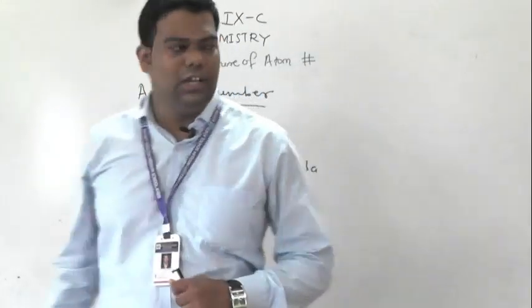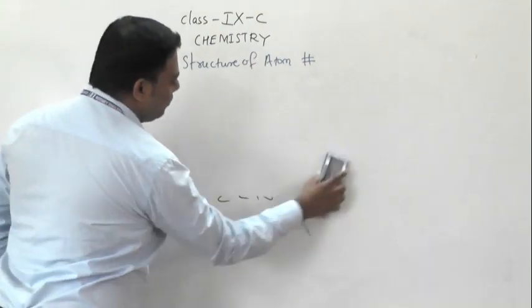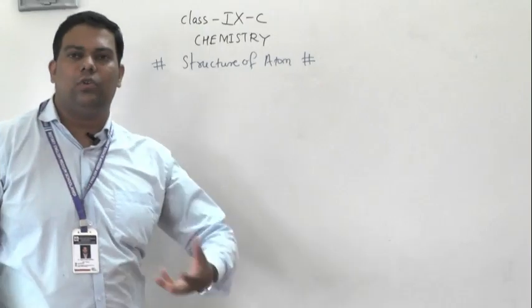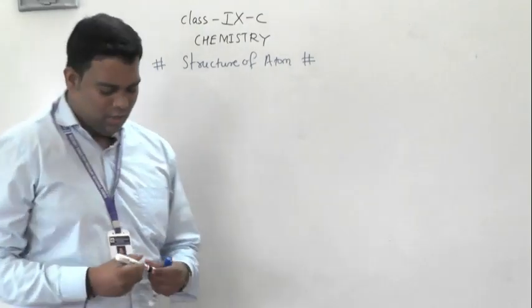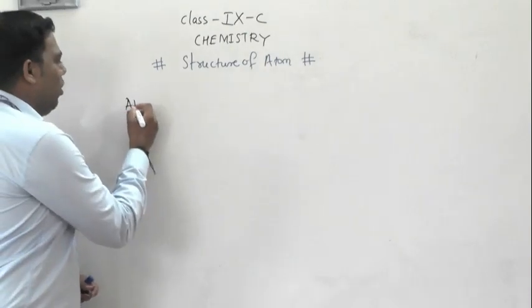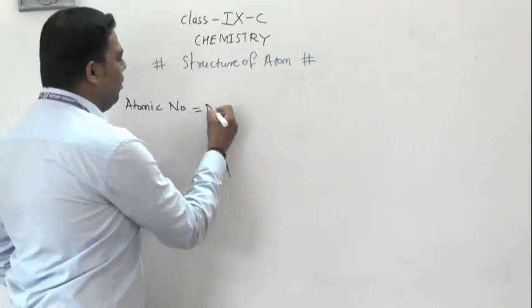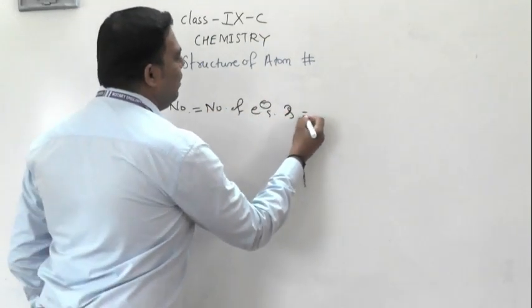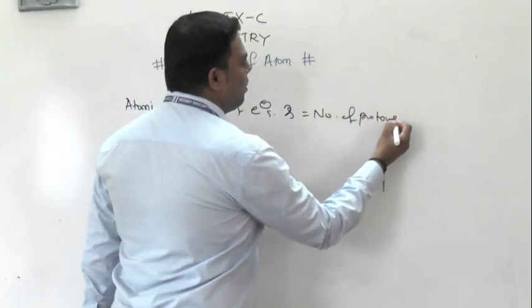One more thing in atomic number: it is equal to the number of protons and the number of electrons